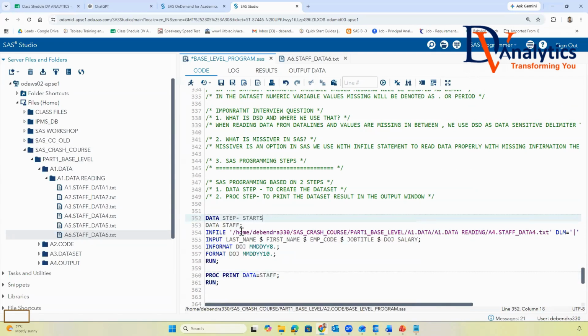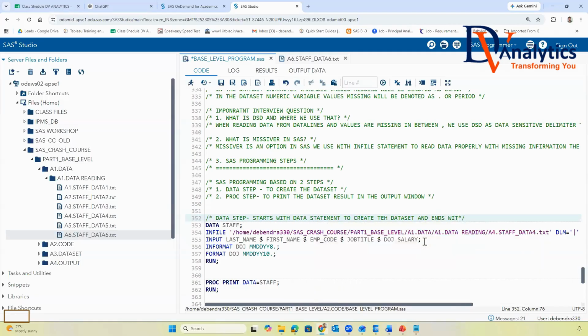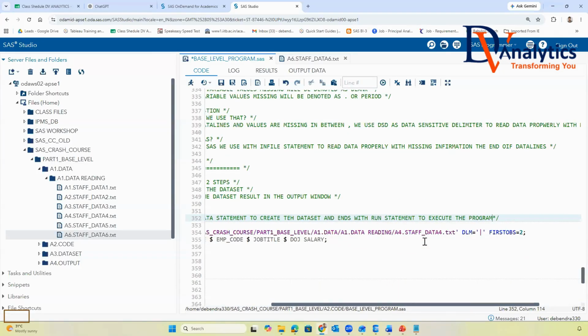It starts with a data statement to create the data set and ends with a run statement to execute the program.